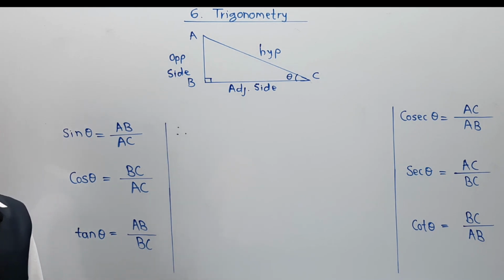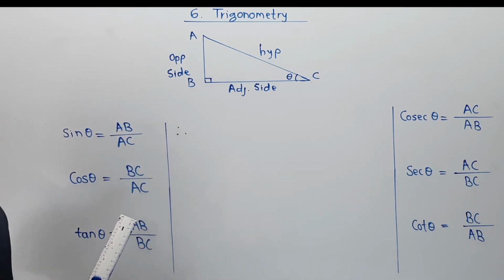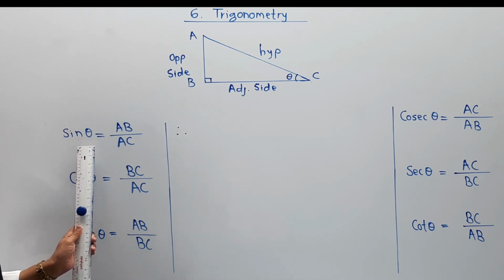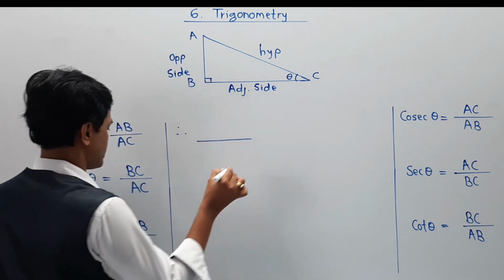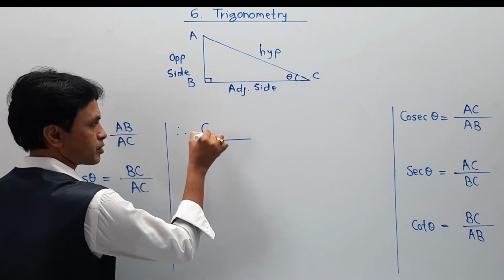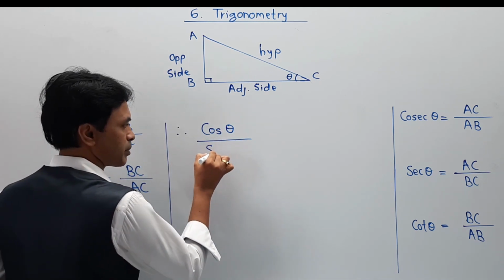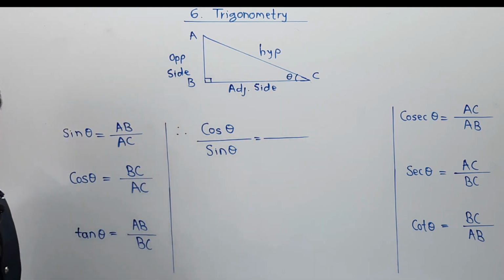Now, in the initial condition we can do a calculation from here also, or we can replace the calculation from here also. In the first case we have taken the ratio of sin theta upon cos theta. Now I am going to do the same thing, but I am going to take the ratio of cos theta upon sin theta. Here I am going to take the ratio of cos theta divided by sin theta, and we are going to check what the value is.